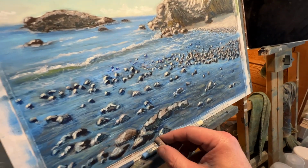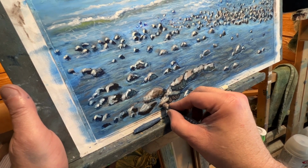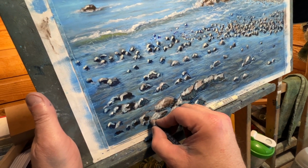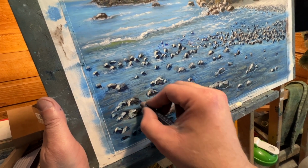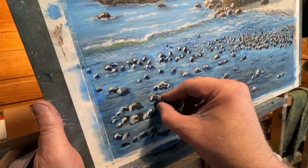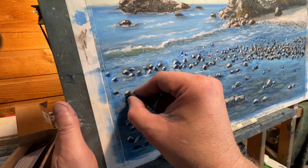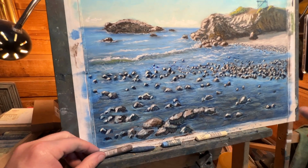Okay, and then let's get in that cocoa brown color, this cocoa, and put in some color on the dark side of the rock here. Some more details there in the front. Okay. A little better. And then looking at my water down there,